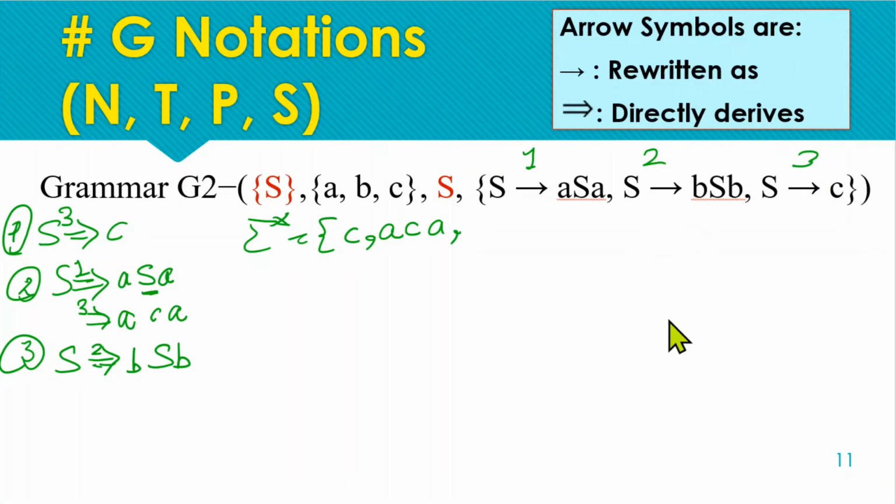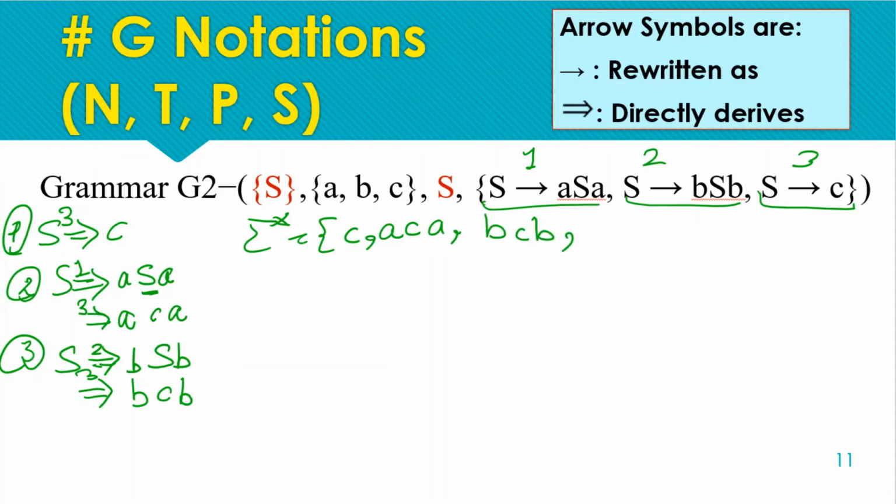If we have only one option corresponding to the start symbol, then we have to start our derivation with that particular rule only. If we have more than one rule for the start symbol, we can go with any rule based on the question given. Here, by applying rule number 3, we are terminating. So the next string derived is this.